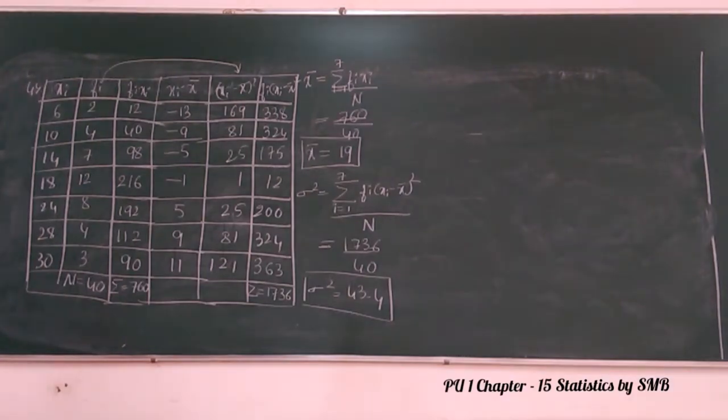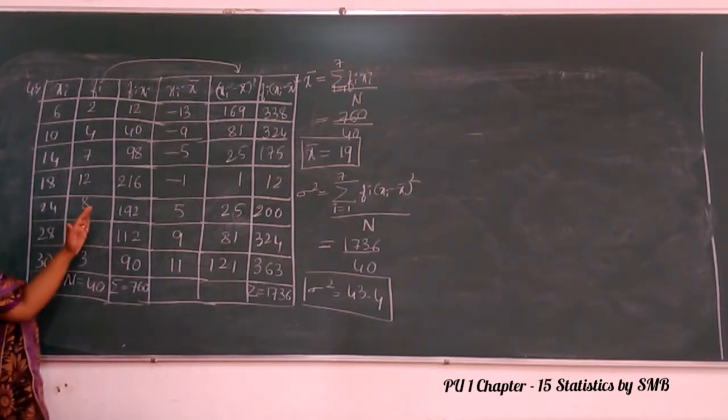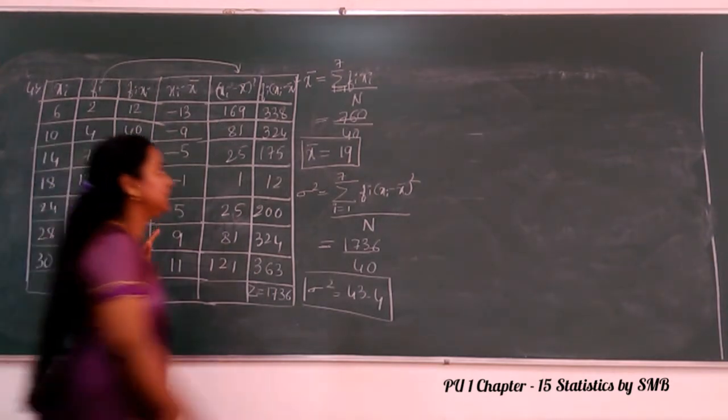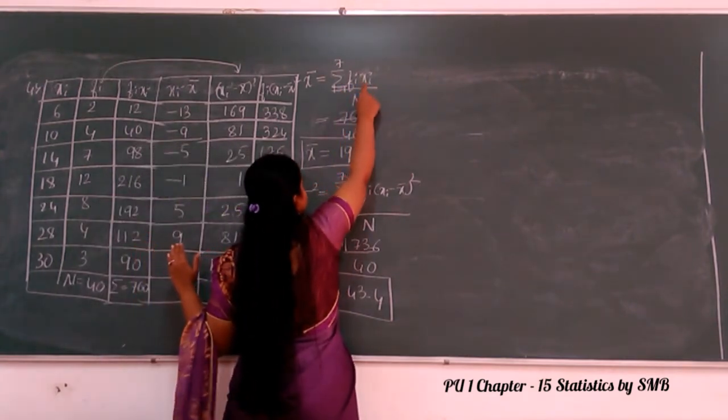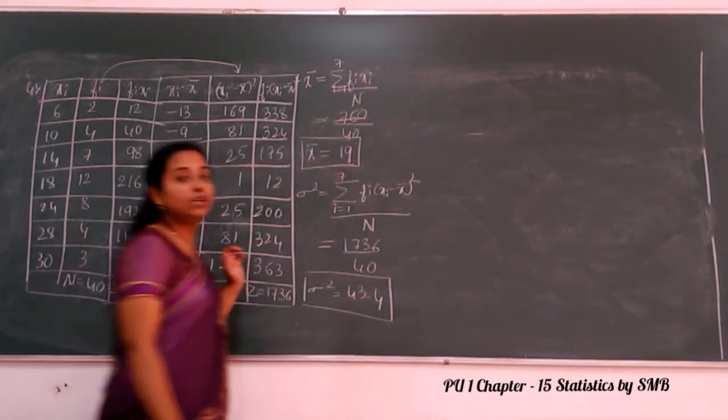As you can see on the board, students, we have considered the fourth problem here. It is for grouped data, in particular a discrete data. So you need to find for this discrete data the mean and variance. Okay. So now xi's and fi's are given. So what is our formula to find the mean? It is the sum of all fi into xi divided by the total frequency.